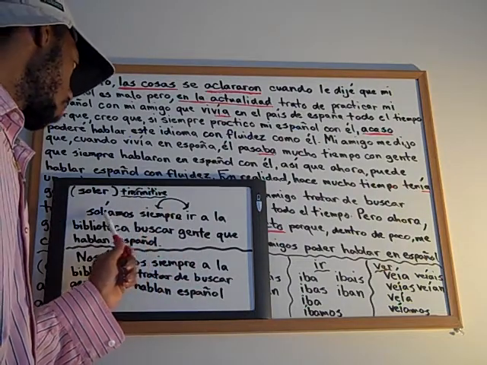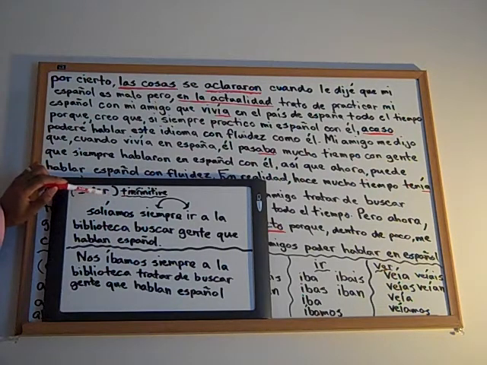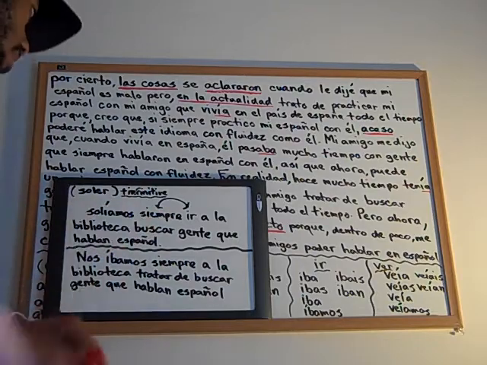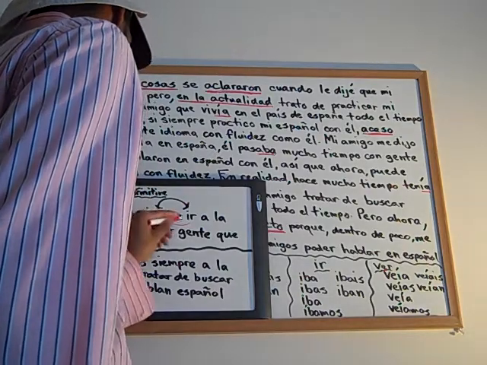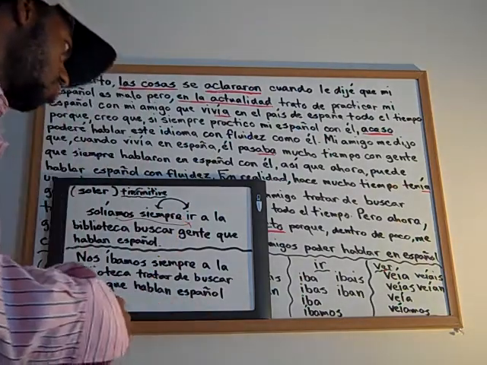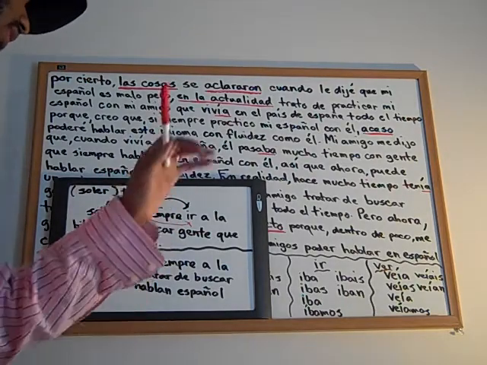So when you say used to, all you're going to do is take the soler and it ends with -er. Okay, this is not irregular. Just apply it with the same rules as before, and then just change it. Like here, soler, we're talking about us. So solíamos, we used to. So solíamos ir. So it basically goes with this ir here. Used to go. Okay. So you got two different ways you can say used to do something. You can use the soler plus the infinitive, or you can use just the regular verb and change the